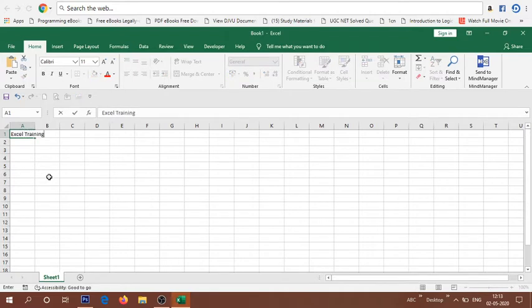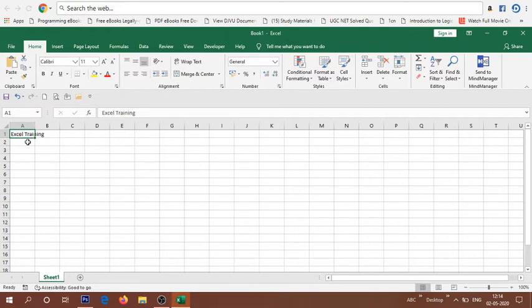So I have typed Excel training, and when you see the content, the style and formatting of the text, you can see the default formatting. This is the text style, or we call it font face. By default it will be Calibri. This is the name of the font that is used by Excel by default.